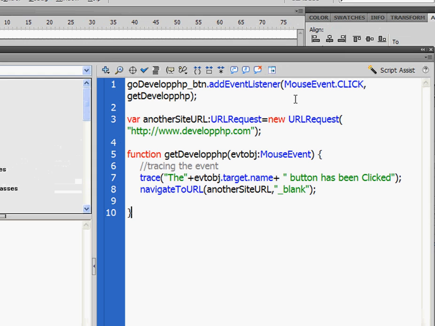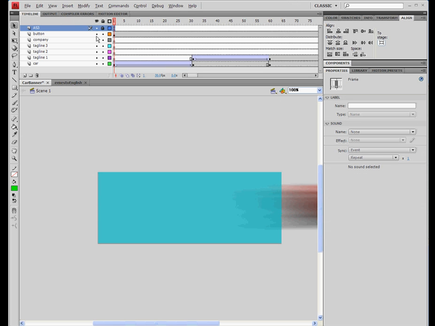It's just one event listener, a variable which is a URL request that takes you to the site, and a function, getDevelopPHP, which is declared in the addEventListener. Practically, when you click the mouse, it will take you to that site. That's the only ActionScript in this whole banner. All the rest is made just out of